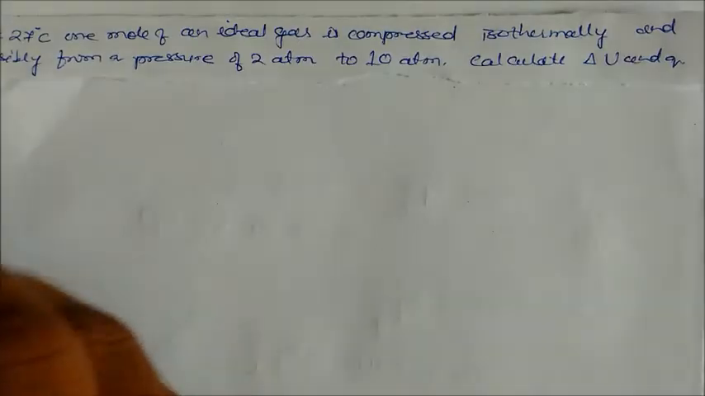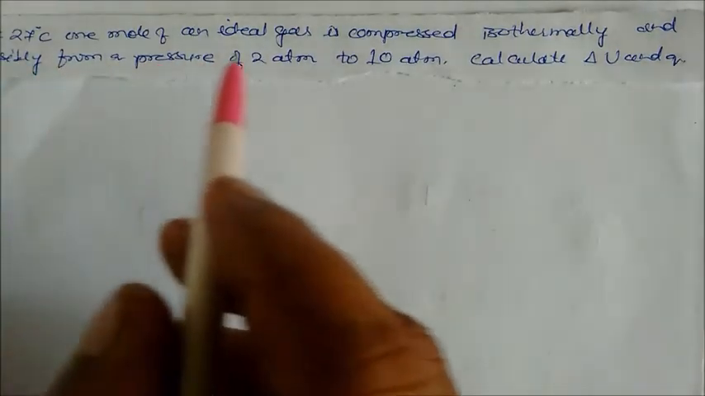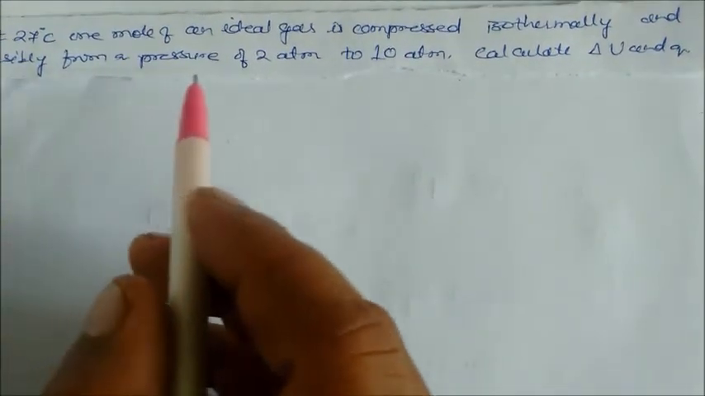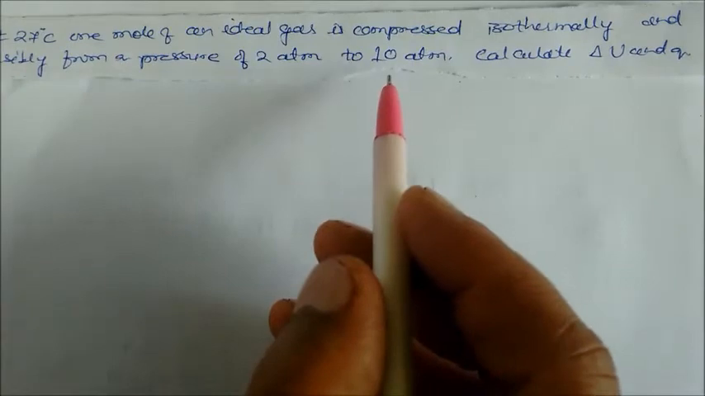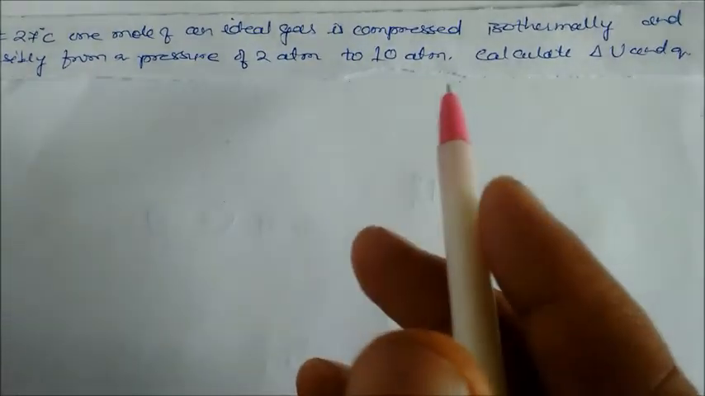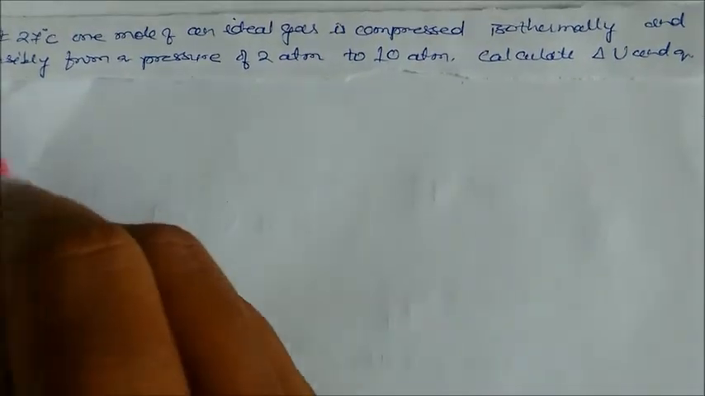So here at 27 degrees centigrade, 1 mole of the ideal gas is compressed isothermally and reversibly from the pressure of 2 atmosphere to 10 atmosphere. So low pressure to higher pressure is there. So the gas has been compressed. So what is the work done? So work done is